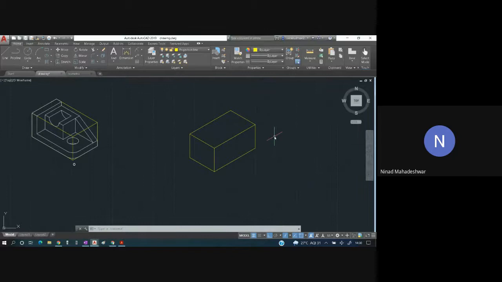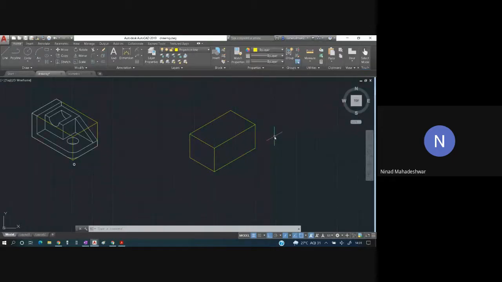Once this part has been done, we have to take into consideration the front view of this part.